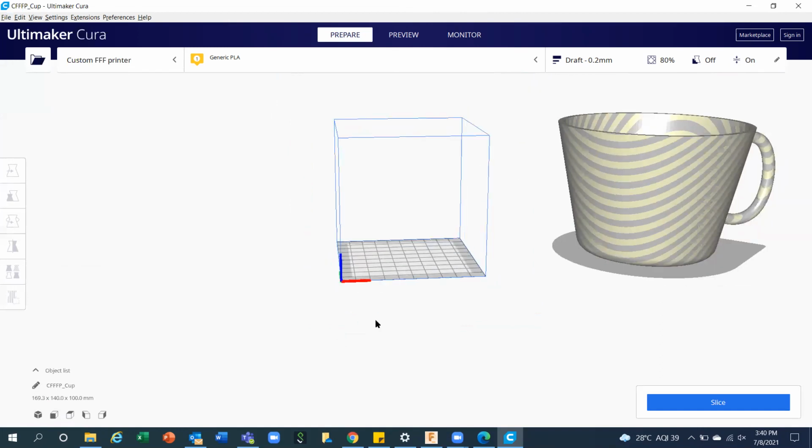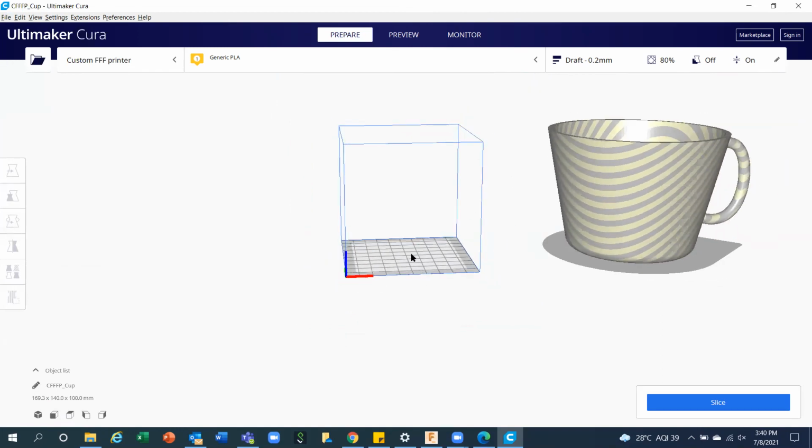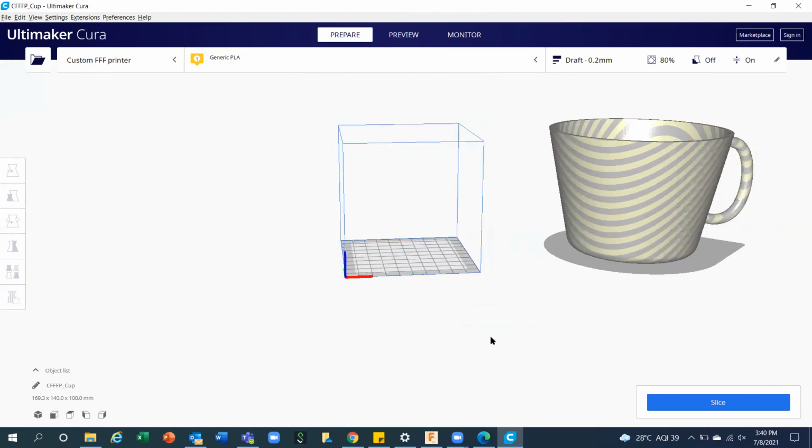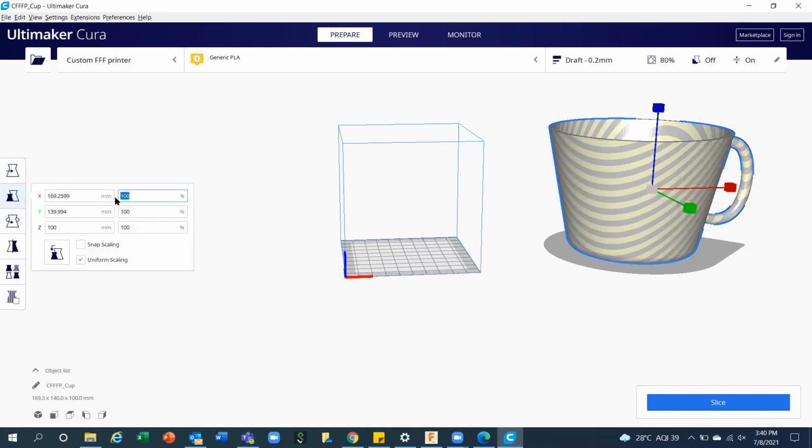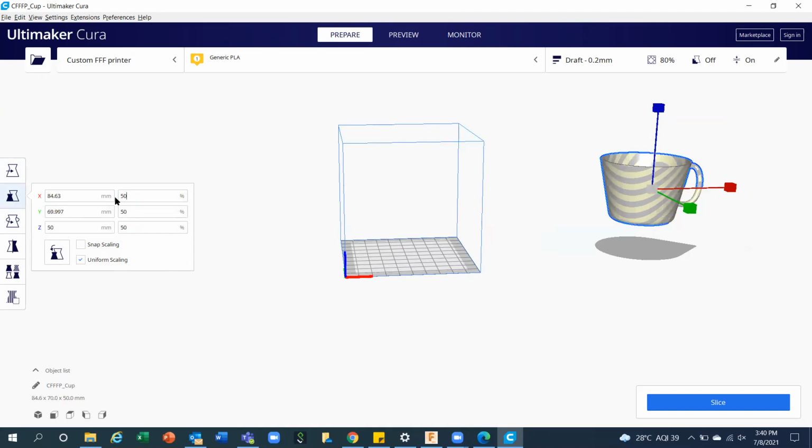Now you can see, by default, because I have just installed it without giving any settings, the size of my cup, the size of my model, is bigger than the printing area. Then what to do? You can select this model and you can go for scale. I'm going to make it 50%. That's fine. And not 50%, I need to click.